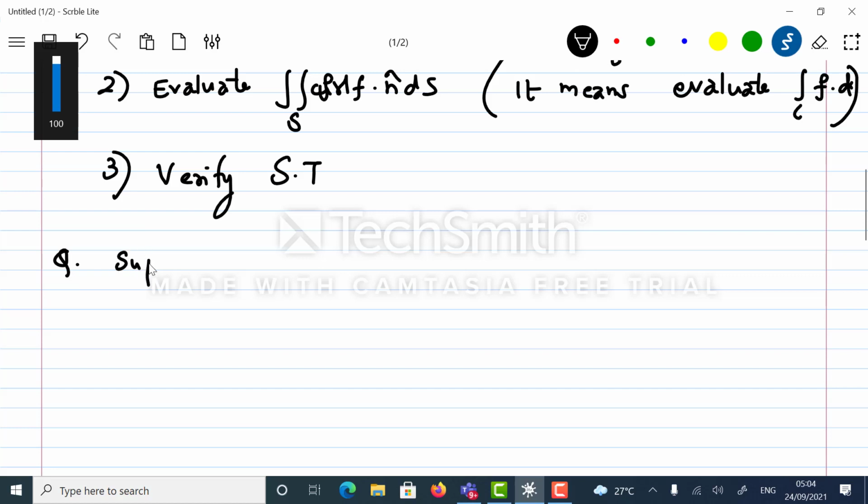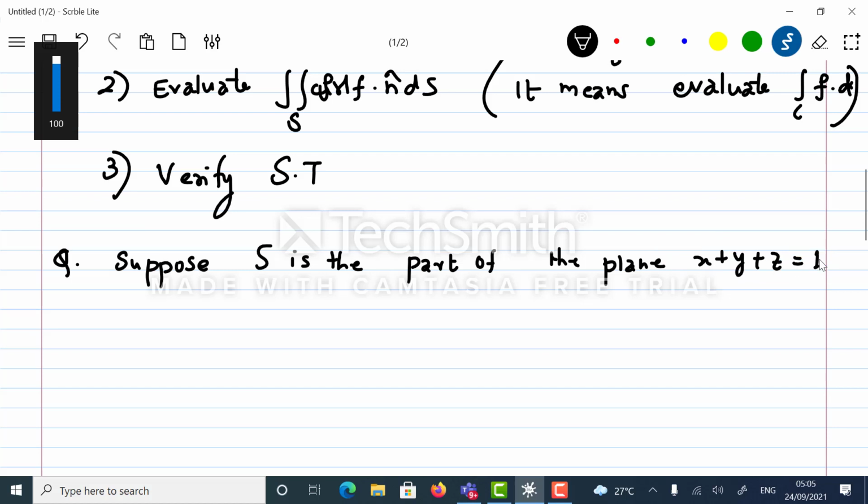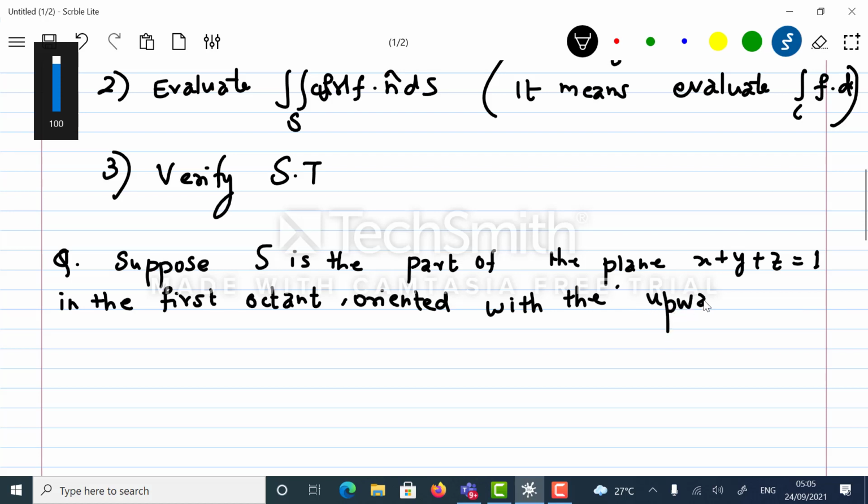Suppose capital S is the part of the plane x plus y plus z is equal to 1 in the first octant, oriented with the upward pointing normal,